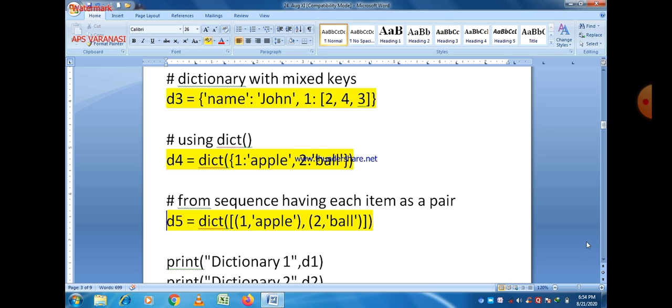Next line, D5, where a sequence is used to represent each pair. So D5 contains a dictionary again, but in this case we can see that there are tuples which show the dictionary elements. The first key-value combination is 1, apple, and the second is 2, comma, ball.